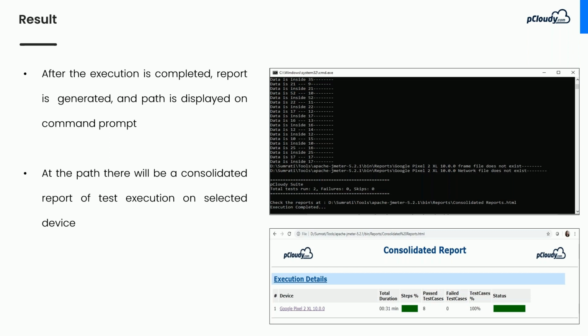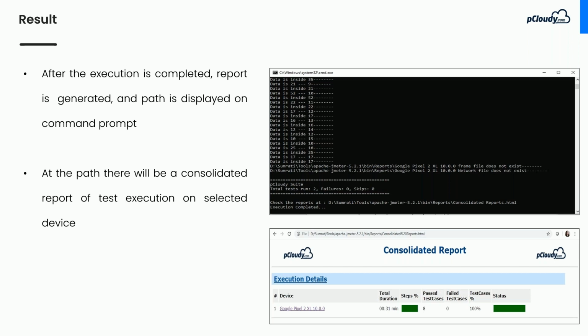The next part is the report which I'm talking about. I can get a report which has the detailed time duration, and that is the area of interest, which tells me how much user rendering time there will be on a particular device. This can vary from device to device. If I'm doing it on iOS or Android, this can vary depending on the way I have written the code, the components used which can take more time, or the size of the images which could take more time. So that will depend on multiple conditions.